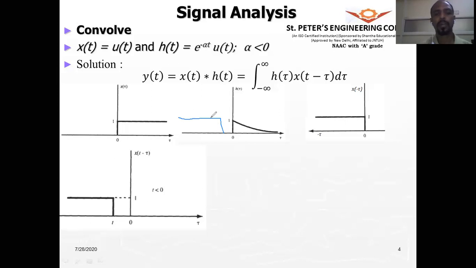So therefore, where x of t minus tau exists, h of tau is 0, and where x of t minus tau is 0, h of tau exists. So when you multiply, you get 0. So therefore, we say that y of t,